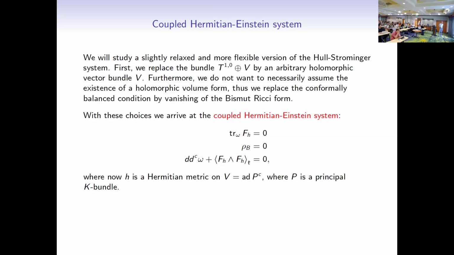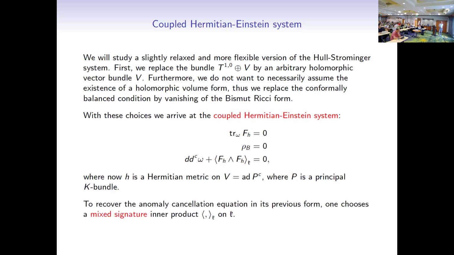So we have this relaxed Hull-Strominger system. We still have Hermitian-Einstein. We have special holonomy for the Bismuth connection. And then this is the Bianchi identity, or anomaly cancellation. Here we're thinking of V as this holomorphic vector bundle, which is the adjoint of some complexified principal K bundle. And so you need an inner product on the Lie algebra